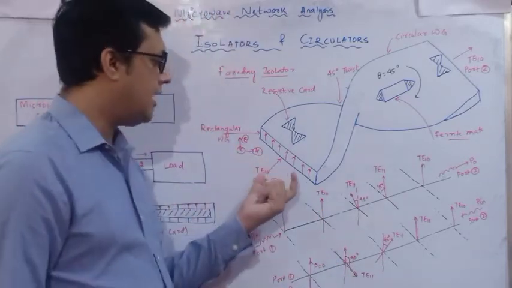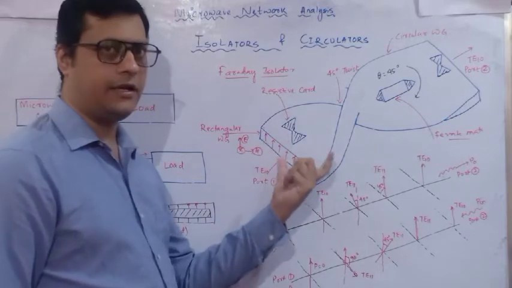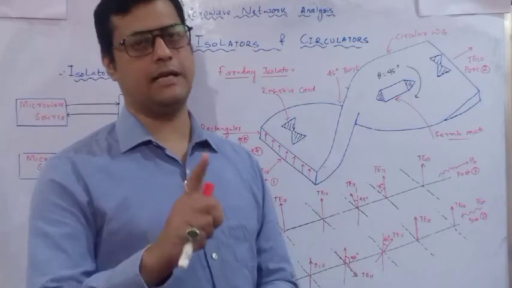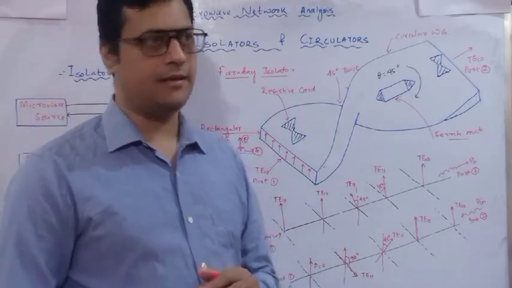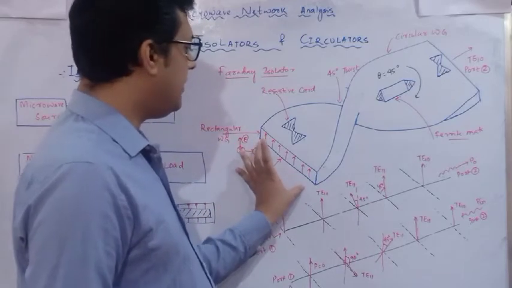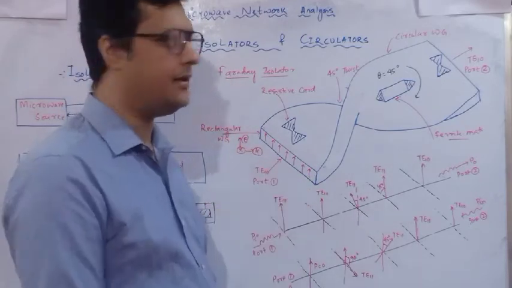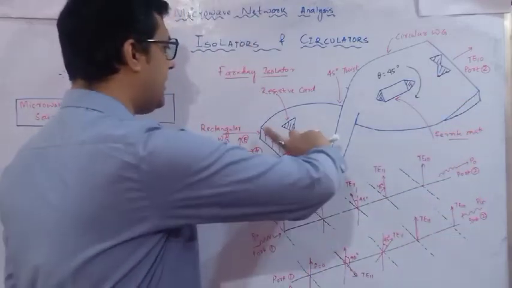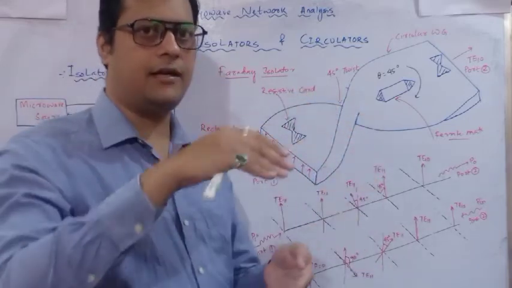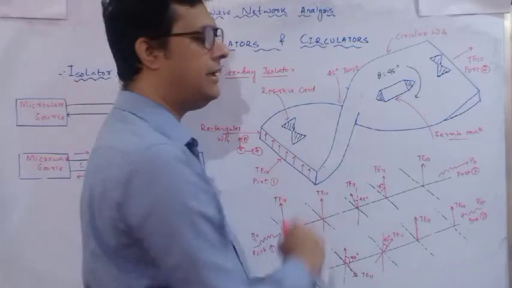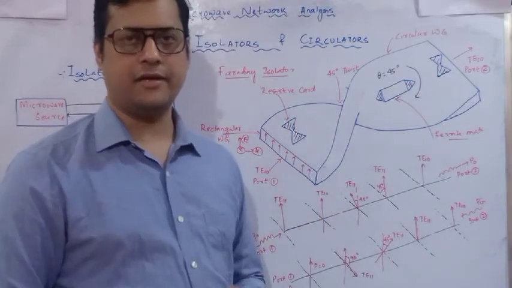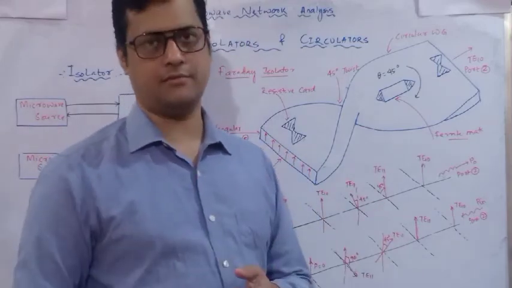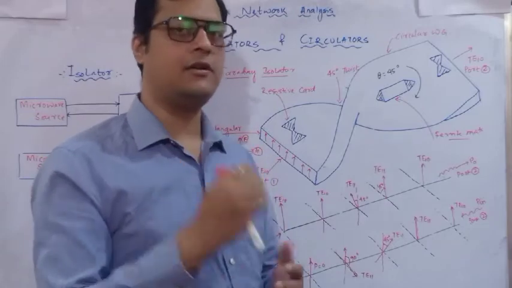For the time being, understand that, as per the construction, there are two rectangular waveguides, one cylindrical waveguide, and one twist. If you see this particular part, it is called a rectangular waveguide. At this particular part, you can also see a rectangular waveguide. Now this rectangular waveguide is converted into the twist, and that twist is of 45 degree. Why is this twist given? Because the electric field and magnetic field need to be passed in a unidirectional method. It should not be returned back.